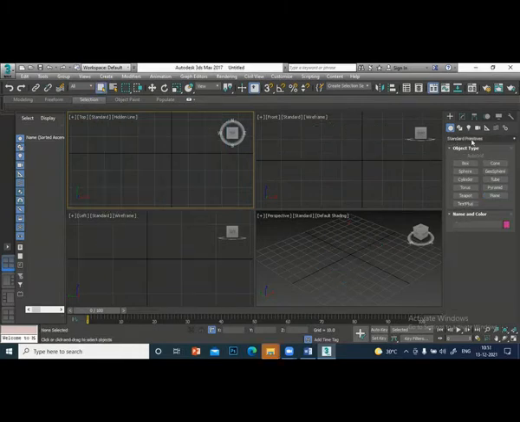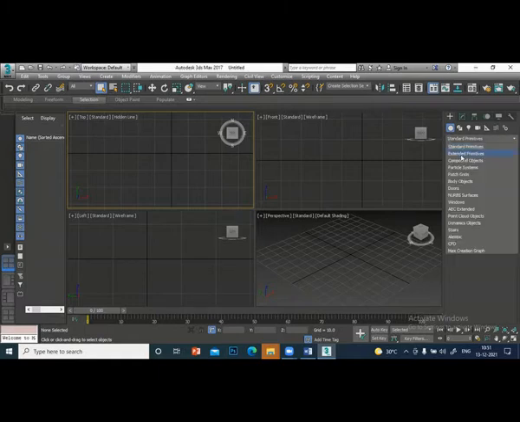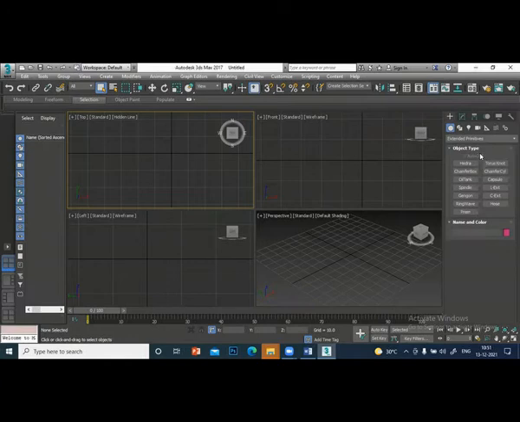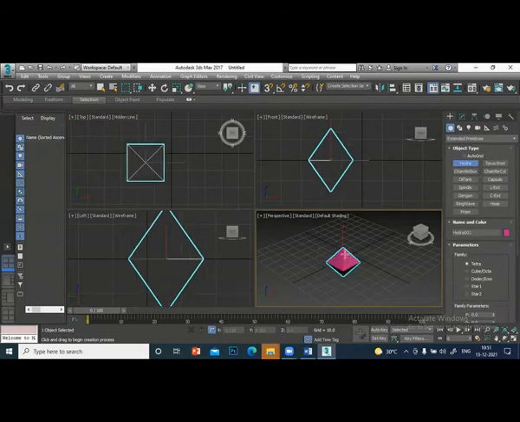Geometry, we have finished the standard primitives like the box, cone, all the things we have finished. Just below the standard primitives, you can see there is extended primitives. Okay, so there are many other options available here. Hedra, torus, and so many things. Let us see. When I select Hedra, okay, you can see